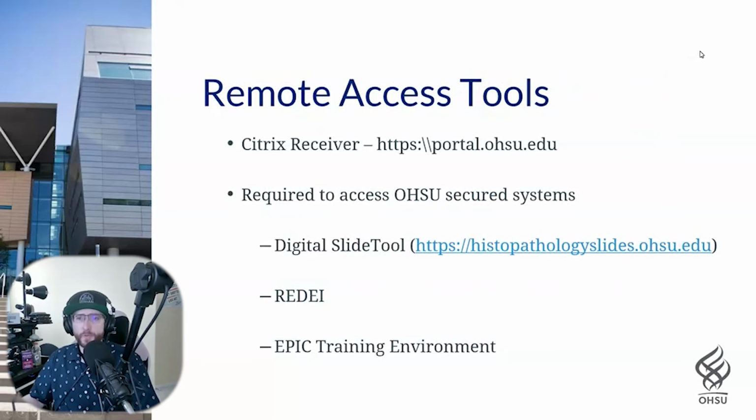All right, moving on to remote access tools. Remote access tools in this sense means we are allowing access into our secure systems from an outside device. So you are remotely accessing our internal systems. And the way we do this is through Citrix. We use the Citrix Receiver. You might also see this called Citrix Workspaces. But you can access this by going to